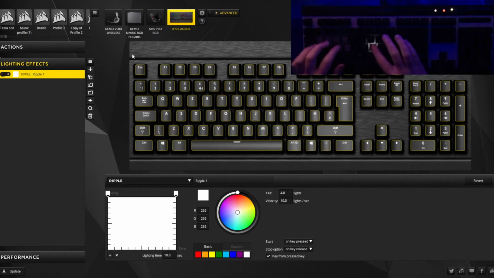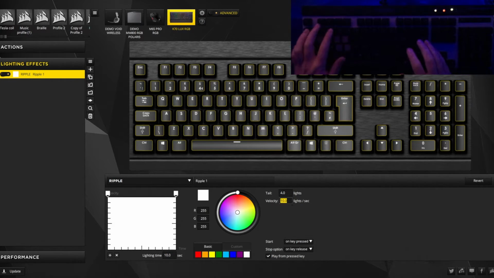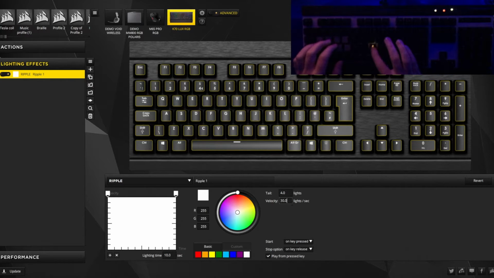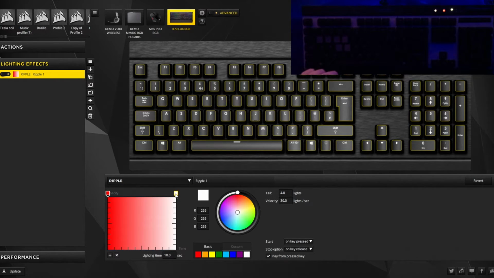So if you like typing, it gives it this normal kind of key lighting, but if you change up the velocity a bit, maybe 30, when you press a key, like when you're typing, it's going to light up an even bigger area of the keyboard, but still it's going to stop when you release the key. So like when you're typing, it looks very awesome, and if you put some other colors in here, like red and an orange for